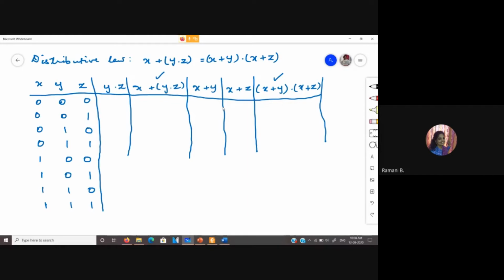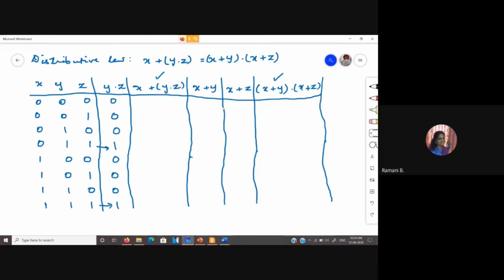So now we are performing AND operation between y and z. If you are going to perform the AND operation, if any one of the elements has a value 0, the output of that operation is 0. So here y dot z is 0 dot 0, 0 dot 1, 1 dot 0, 1 dot 1. So 0, 0, 0 and a 1. Okay? So only with these two combinations you are having both ones. So there alone I have a 1 as the output.